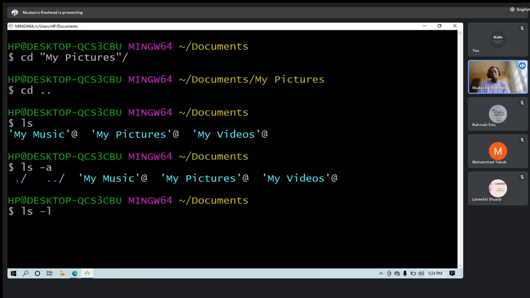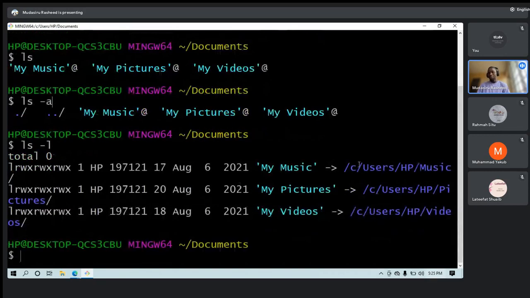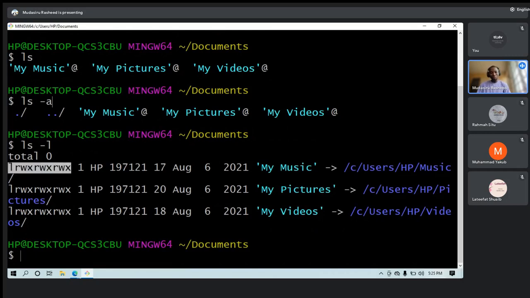What does l do? It works on the ones that are not hidden. That's the one that l will work on. So you even gave us the directive on how we can move from one place to another. But basically, we are talking about my music, and these are the things I can do on them. We have r, w, and x means execute. That is a bit technical, but I'm trying my best not to go in depth on what they are doing behind the scenes or under the hood, because it may be very confusing at the start.